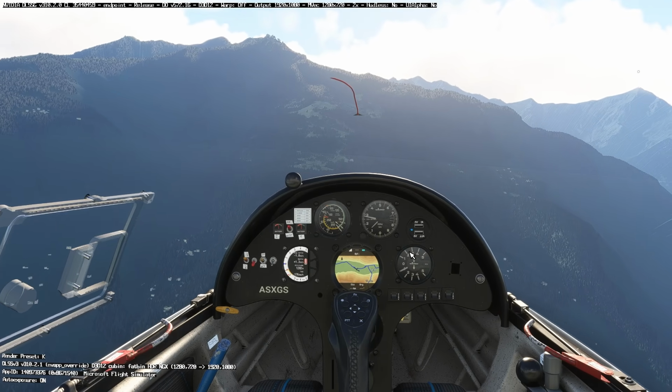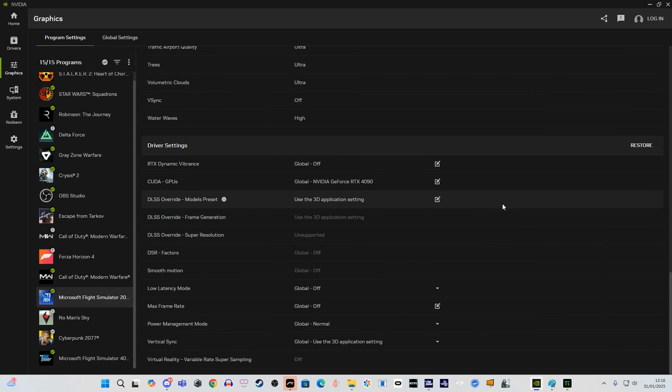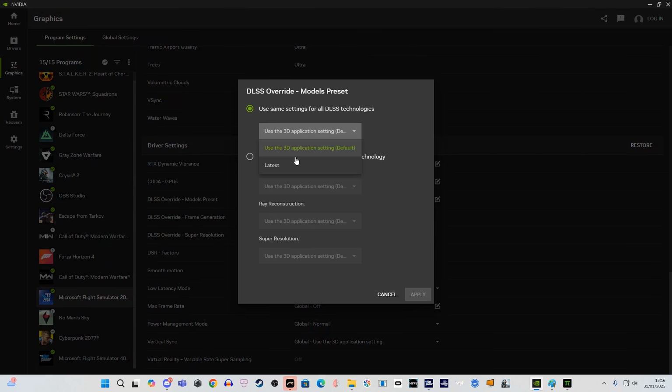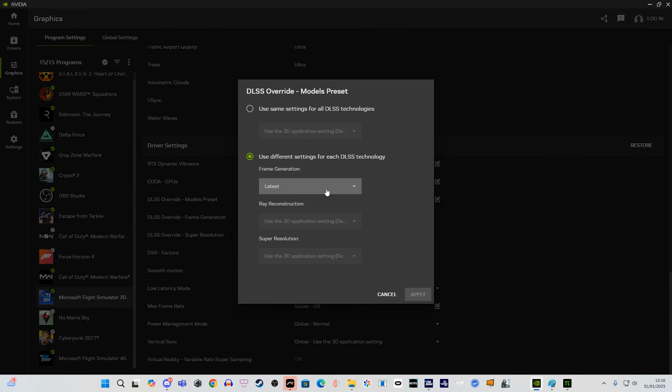It looks absolutely fantastic. However, if you want to run the latest DLSS4 preset in MSFS 2024, it's a bit more tricky, because we'll do the same thing again. Look, so DLSS Override Model Preset, go here to latest, click apply, then go back, and we don't actually have an option to use the latest preset K. This is my personal opinion, folks, but that's okay,